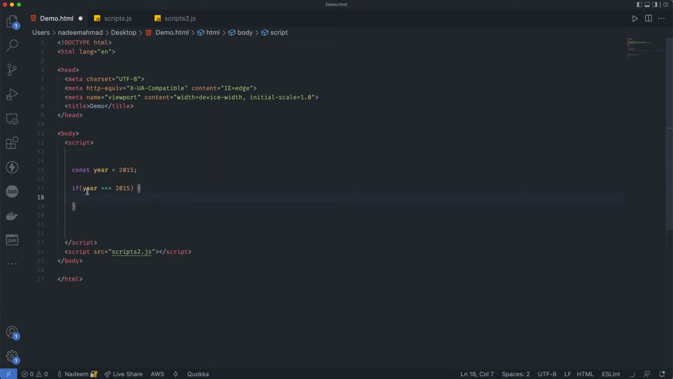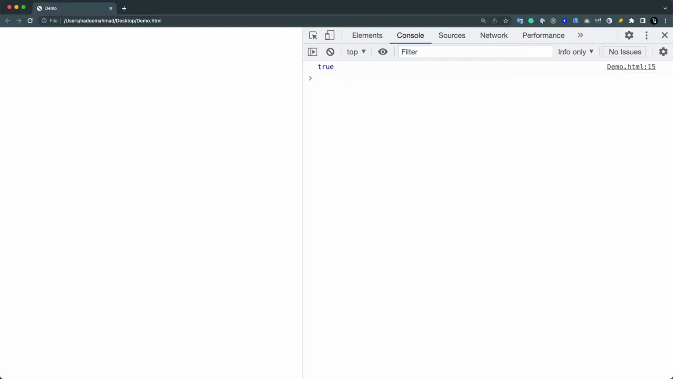If this condition is met, if this is true, you can see that we are doing strict equality here. We're also checking the types with this, and if they are equal, then console.log, "You are living in 2015." When I save the page and refresh it, you can see that our statement within